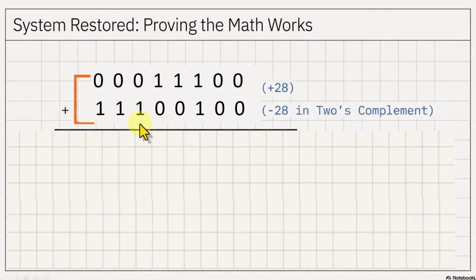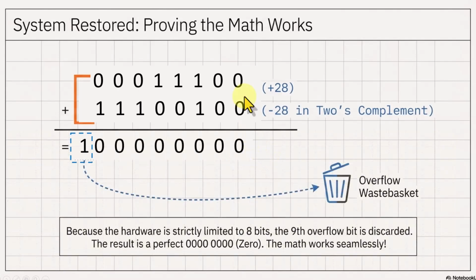Now let's add them together. It should be 0. It should not be just any other number. So yeah, that is okay. See, 0 plus 0 is 0, 0 plus 0 is 0, 1 plus 1 will be 2, so 0 and carry 1. 1 plus 1 plus 0 again will be 2, so 0 here, 1 there, okay? Then 1 plus 1 plus 0 will be 2, so again 0, carry 1, so 1 plus 1 again 0,